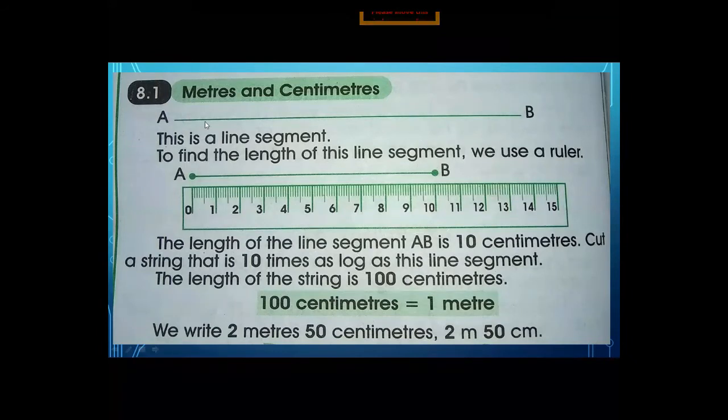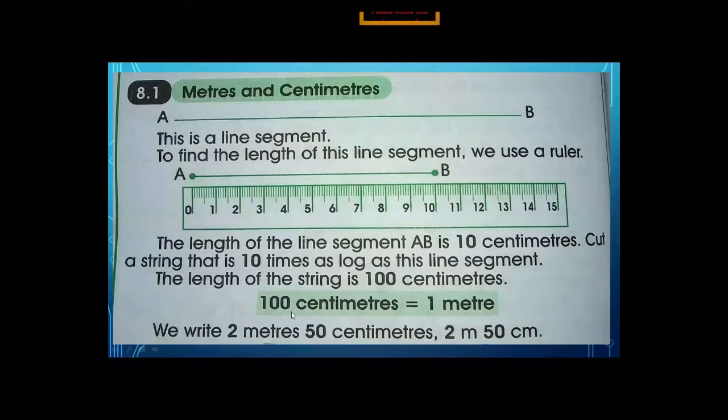If I ask you what's the length of this line, what you do is put the scale at this point starting from 0. You put the scale here till here. Okay, then you find out what's the measurement or what's the length of this line A, B. So here, put the scale at the first endpoint starting from 0 till here. So what's the length of line AB? 10 centimeters. Starting from 0, put the scale here, and this point ends at 10 centimeters. So the length of line segment AB is 10 centimeters.